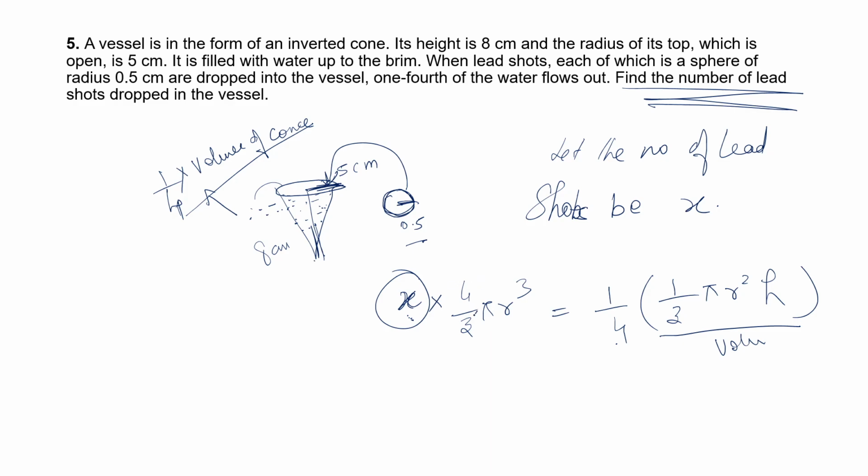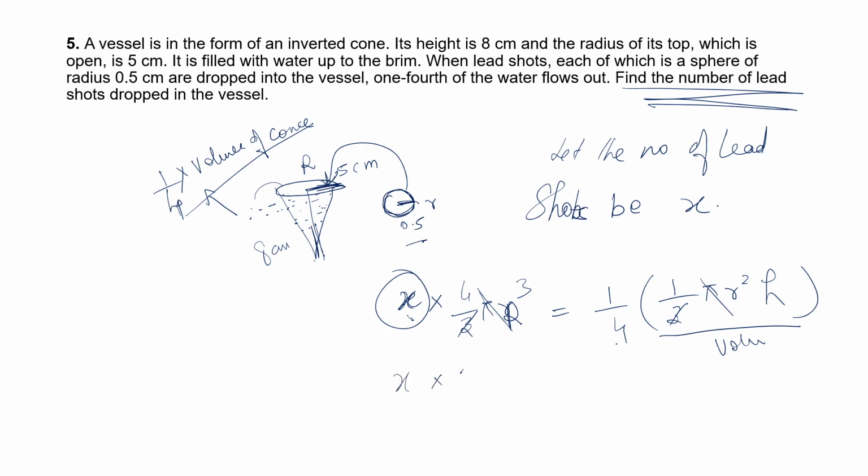So just cancel on both sides. We can cancel 3. While cancelling, we should be careful to cancel with different signs, so that even when we want to verify the sum, you can understand. I will cancel 3 on this side and r on this side. Okay, so the r is not the same here. Please don't cancel r, because you can have different r for both. So I am taking the cone r as capital R, and this r as small r. If you take r as the same in both, you may feel like cancelling it. That is not possible.